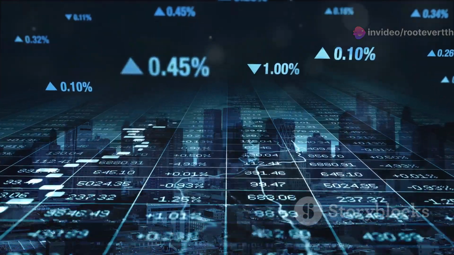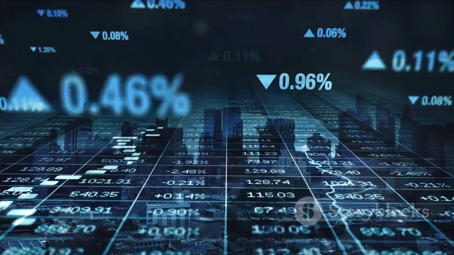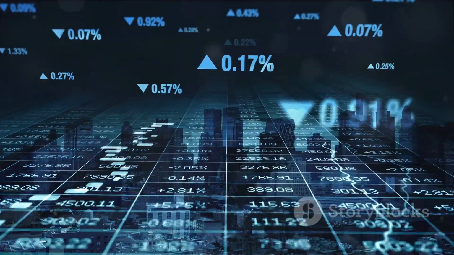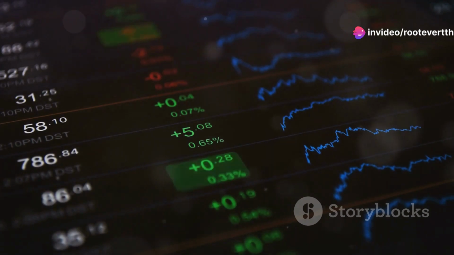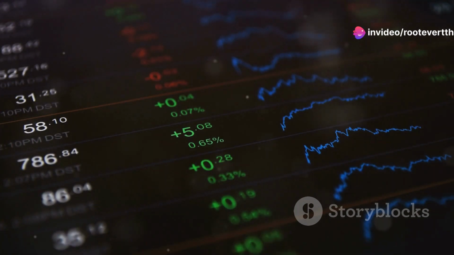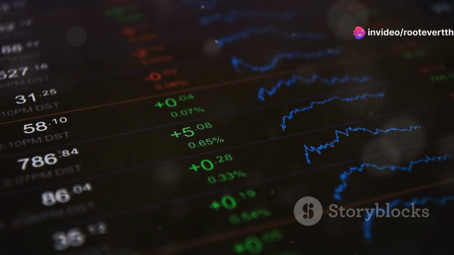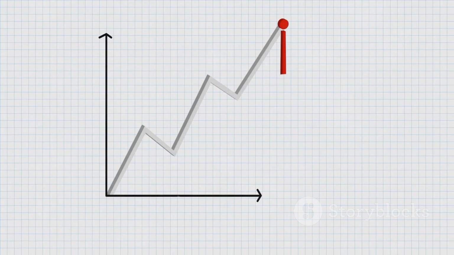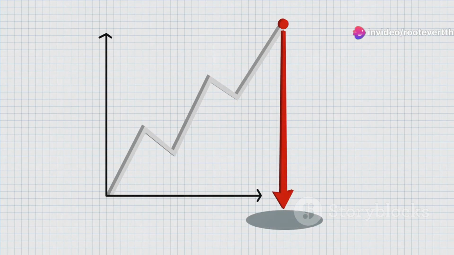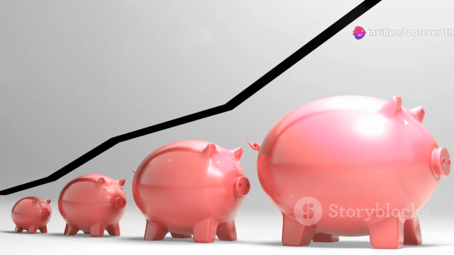In addition to online brokerages, new investors should familiarize themselves with basic financial tools and concepts. This includes understanding how to read stock charts, the significance of market indices like the S&P 500, and the basics of portfolio diversification. Diversification, or the process of spreading investments across various financial instruments, is a key strategy to manage risk and reduce the impact of any single investment's performance.